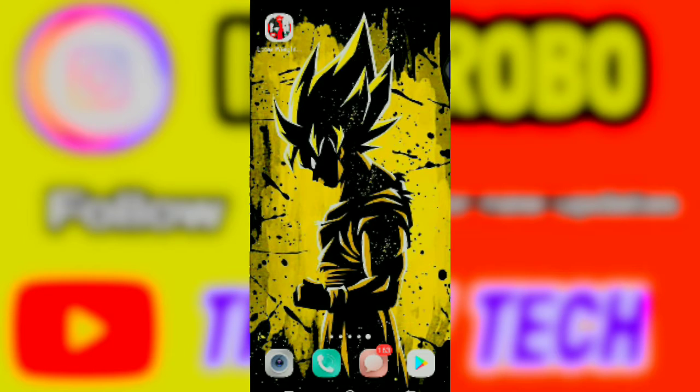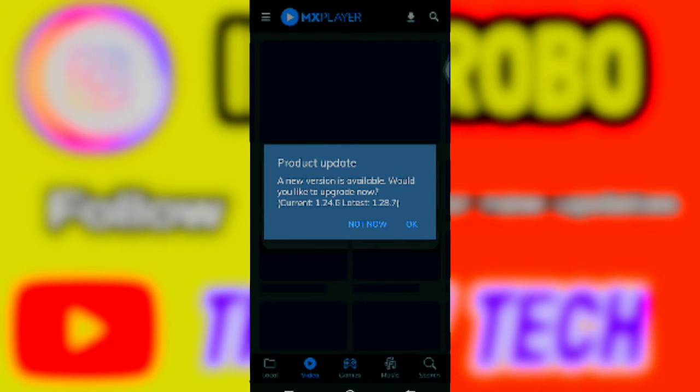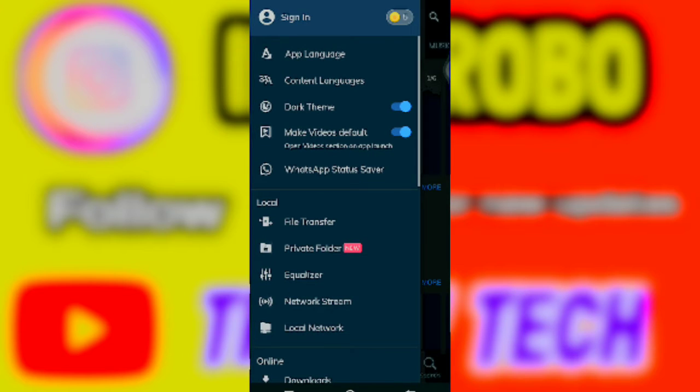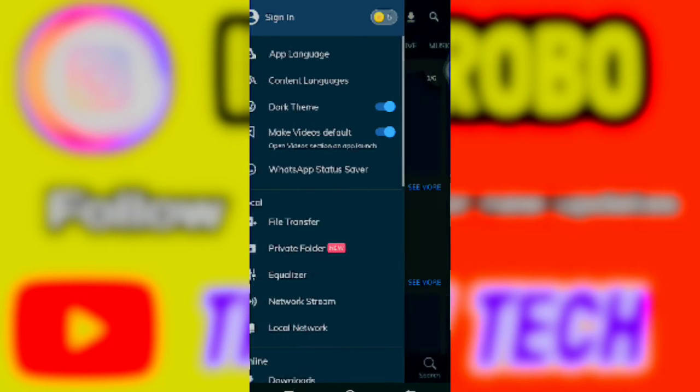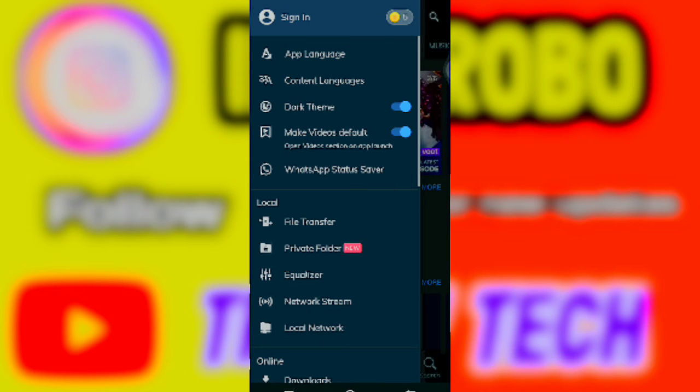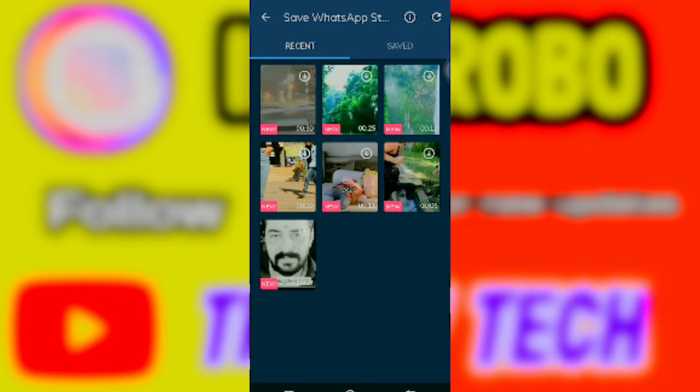So firstly, you have to open MX Player. Then after that, when you click on these three lines, you can see one thing, that is WhatsApp status saver, where if you click, then you can see which videos you have watched in your WhatsApp status. Means if one friend of yours has put up a video as a WhatsApp status and you have watched the full video, then the video will be